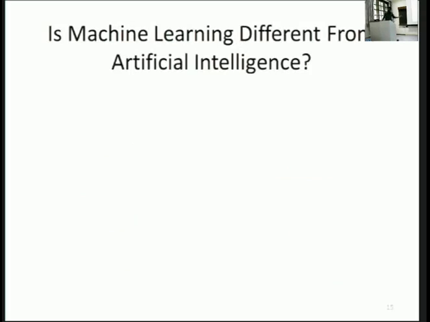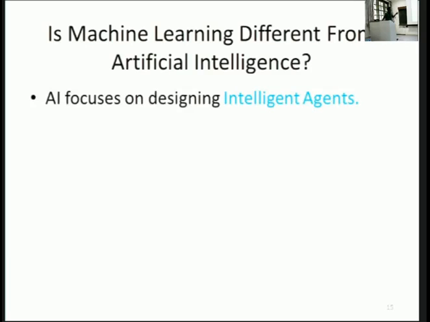So you might have also heard of AI and machine learning. People keep changing the words. I'll just assume you have all heard of AI, right? I suppose there is a course in AI in computer science as well. In BTech there is a course in AI, right? Yeah. I didn't take a BTech in computer science, so I don't know much. Yeah, so machine learning is different from AI, right?